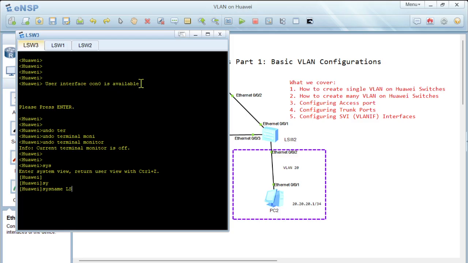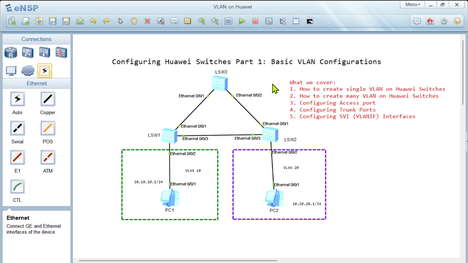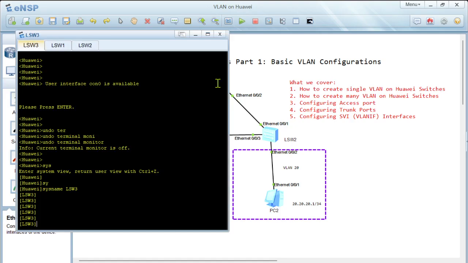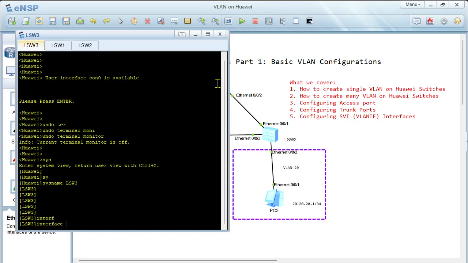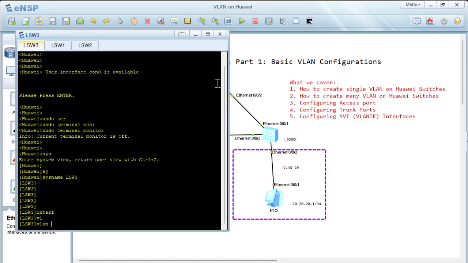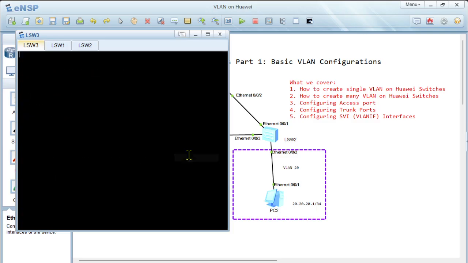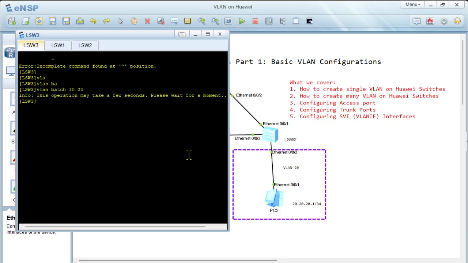This will be LS3. So we have two interfaces, 001 and 002. Both of them will be configured as trunk ports, and we need to allow the two VLANs. So we'll use the VLAN batch command first. Let me clear the screen. So I'll use VLAN batch 10 20, and then I will go ahead and